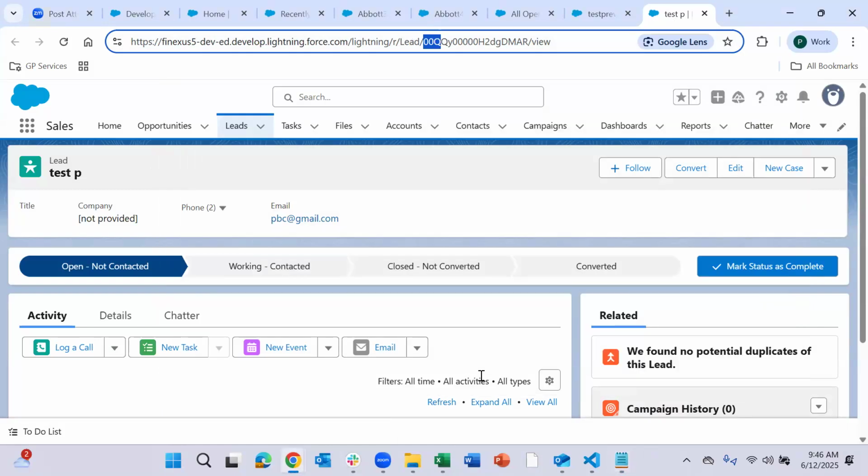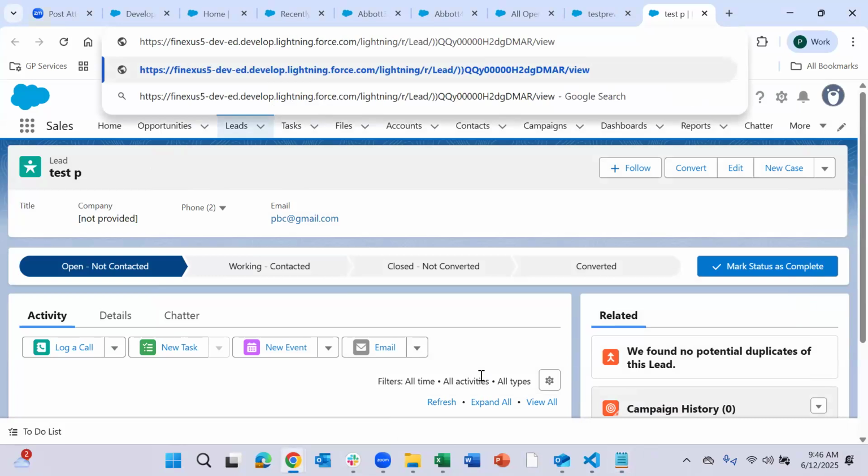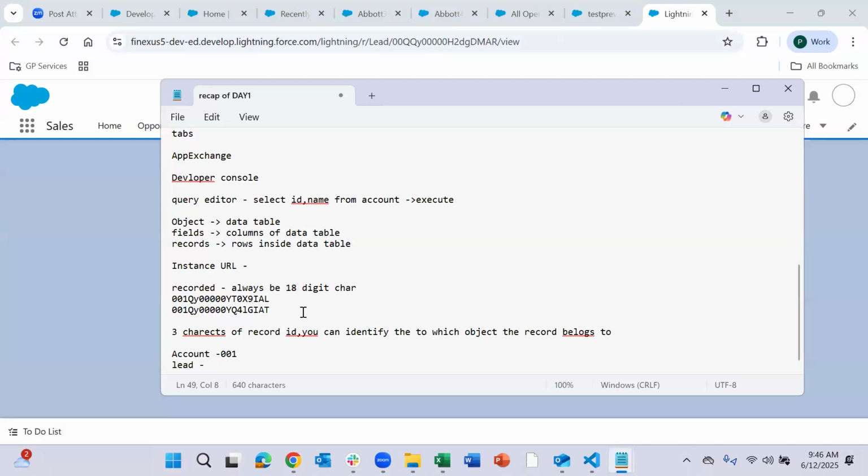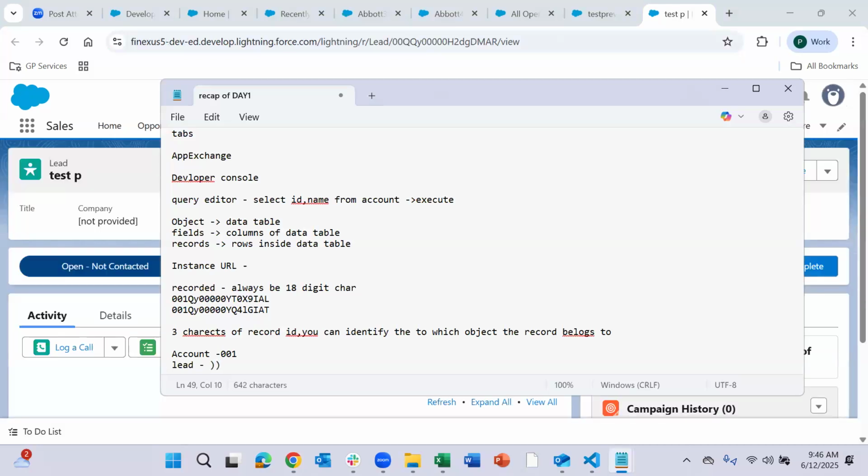If you ask me, do we need to memorize all these? Initially, it's not mandatory that you memorize every object's first 3-digit character. There are a few objects which we use very frequently, like the account object, contact object, the opportunity. At a minimum, account and contact you would be using in any module.